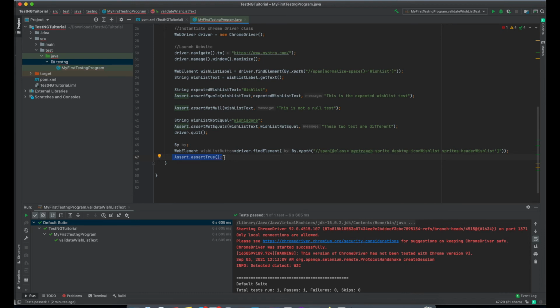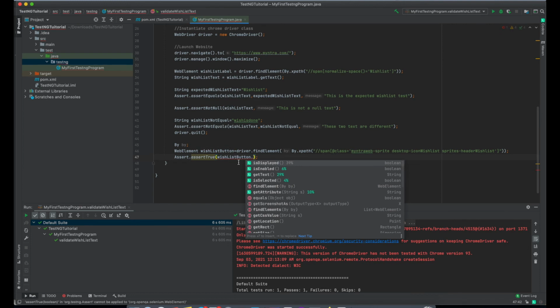In order to assert this, we need to get a boolean value, and in Selenium we can get a boolean value from methods like is enabled or is displayed. Let us see what all methods are there. isDisplayed, isEnabled, they return a boolean value. You can see here it is returning boolean, here it is returning boolean, and here also. So maybe we are just going to check if this is enabled or not.